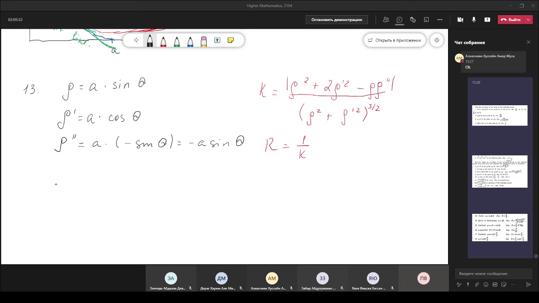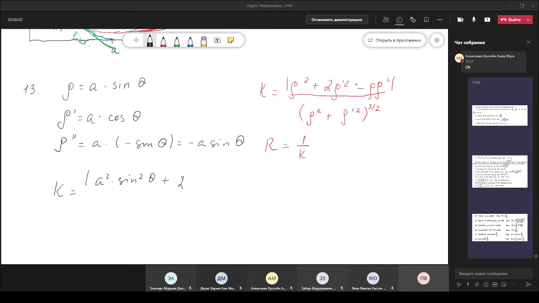Then calculate. K is the modulus of rho squared. Rho squared is a squared times sine squared of theta. Then plus